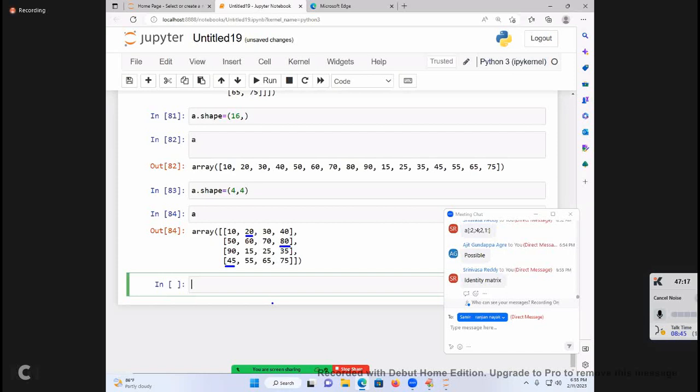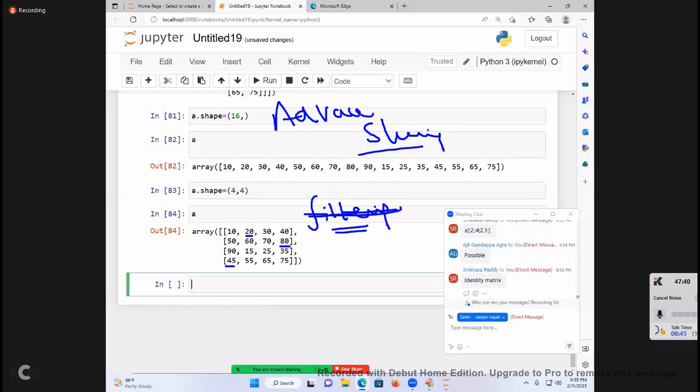Did you understand this point? How to do this random selection of elements? This is not possible with slicing operations. To select your own elements, I must go for filtering the elements. Filtering. I am going to talk about it. It is also known as advanced slicing, we can call.